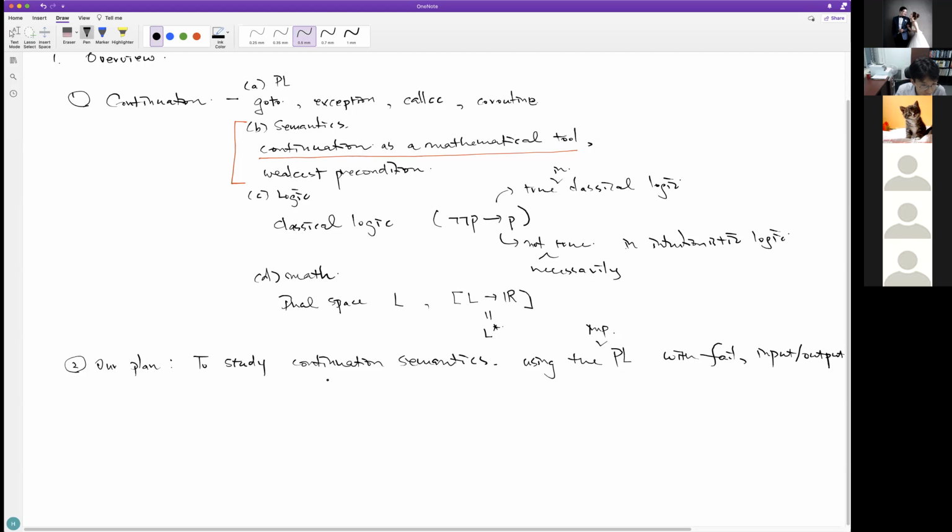But one thing that I'm gonna emphasize quite a bit is that using this continuation semantics in denotational semantics has some nice aspects, which is that it makes it clear that each program construct, each operation in our language, does essentially two things.